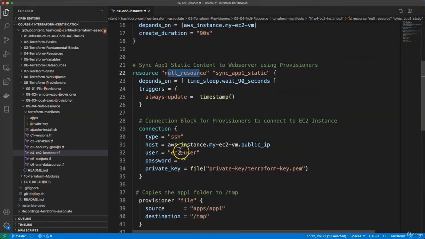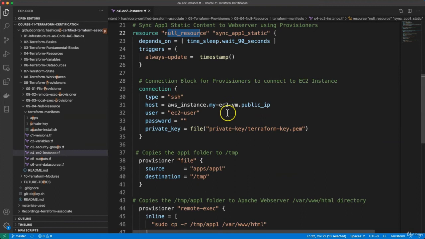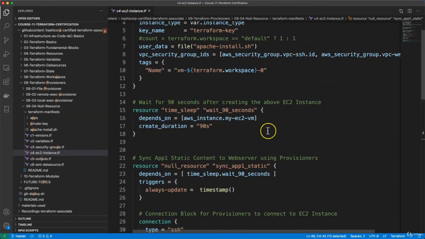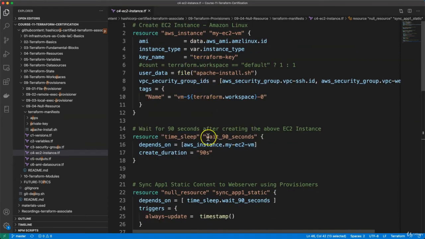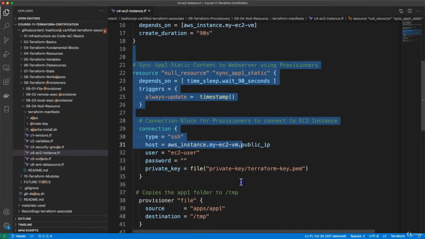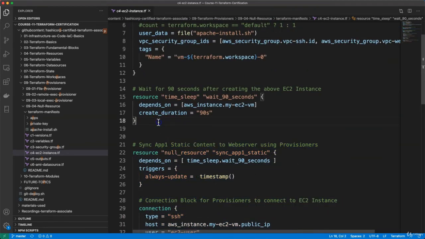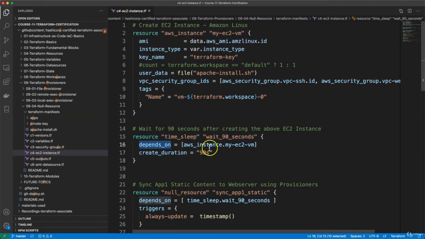Okay, and inside this null resource you are making a connection to the respective EC2 instance whatever you have created, and you are copying the app1 folder to the temp folder, and from the temp folder again using the remote exec provisioner you are copying to /var/www/html, right? So now if the Apache web server is not installed, then this null resource is going to fail, right? So for that purpose you will add something called time sleep, wait for 90 seconds, and this depends on